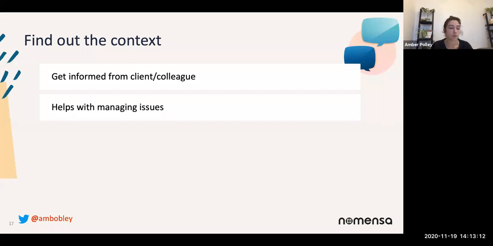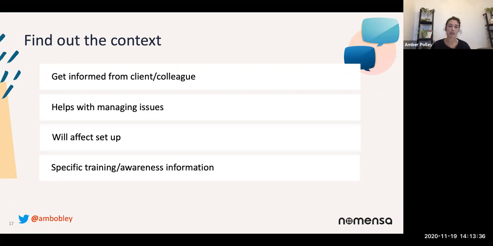So if, for example, you're working with a group that has particular trauma from a particular gender and they're not comfortable around people that are either male or female that they don't know, you know not to include that gender in the people who are involved in the research. It will also really massively affect your setup. So you need to know as much information to know what other setups and considerations you need to be doing. And also it will affect whether you need to go out and do any more specific training before you do the research or any of the other awareness information you need to have.